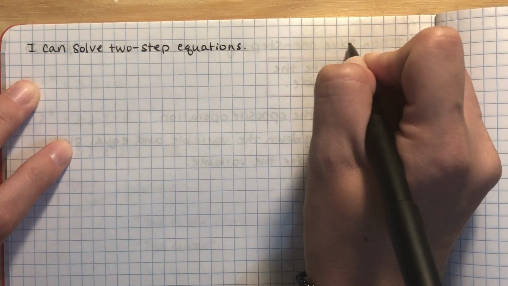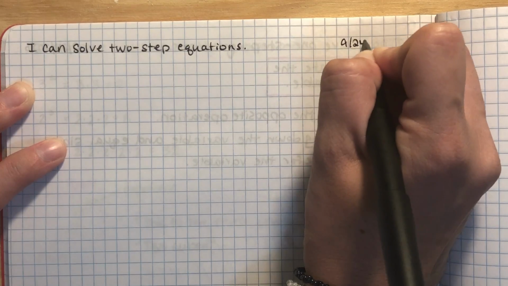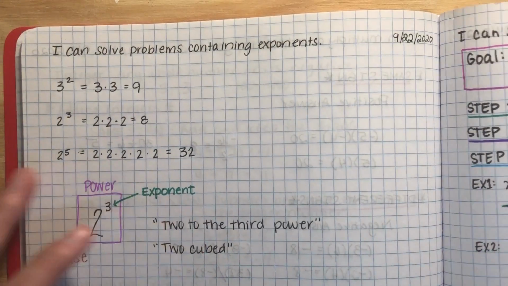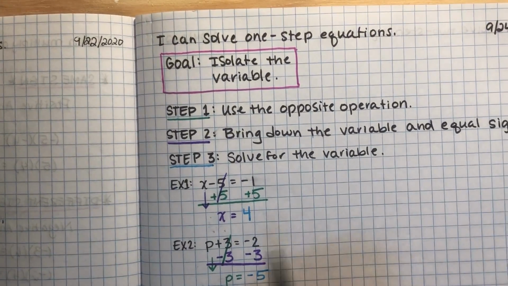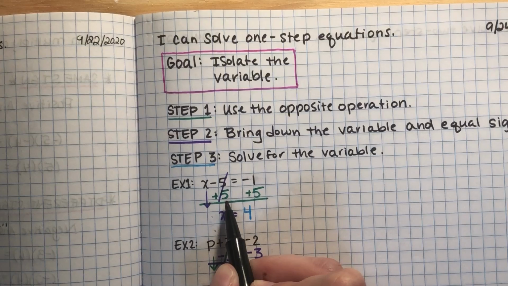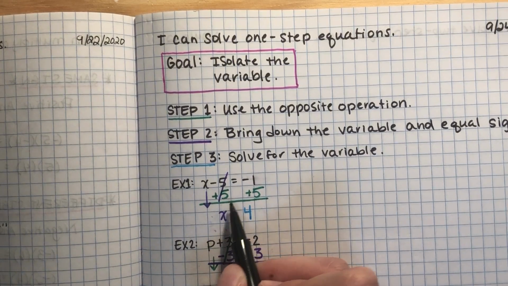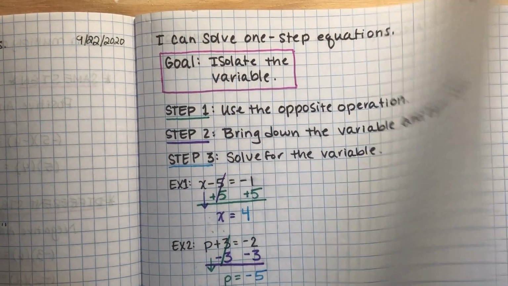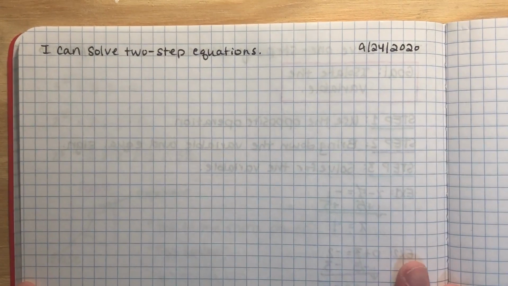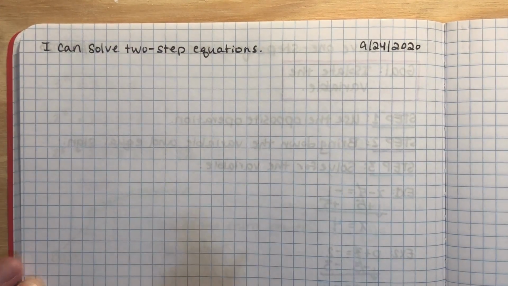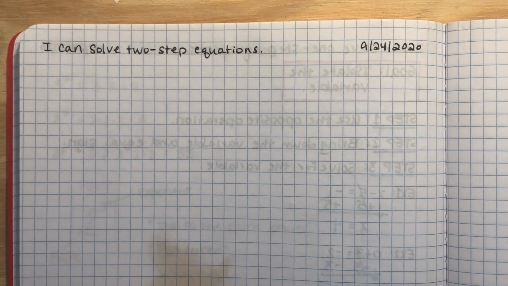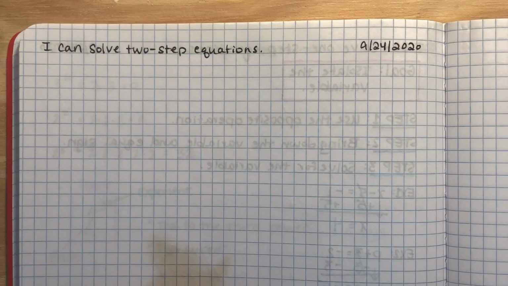Okay, so we just went over how to do one-step equations, and what makes those one-step equations is that we only have to do one of these in-between steps. So in this case, we only had to get rid of one number. Now, for two steps, we're going to have to focus on two numbers that we're getting rid of. So for this one, that means that we're going to focus on